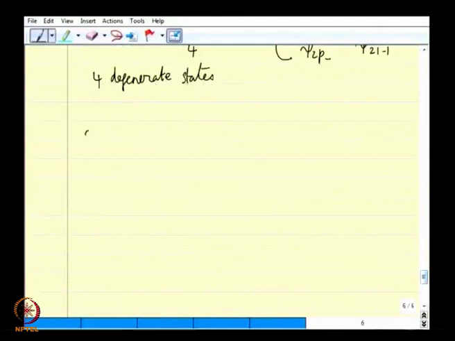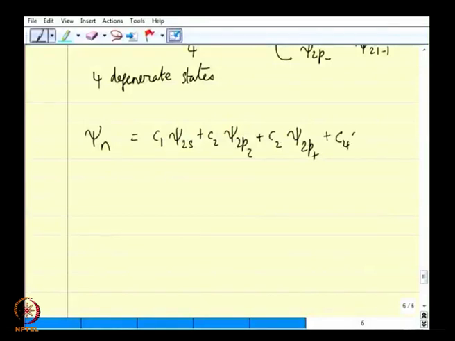That is, we need to write psi n as C1 psi 2s plus C2 psi 2pz plus C3 psi 2p plus C4 psi 2p minus plus all the other wave functions to order lambda, k not equal to 2, because n is 2 here. Okay, we can even put that in explicitly by saying this is the second wave function